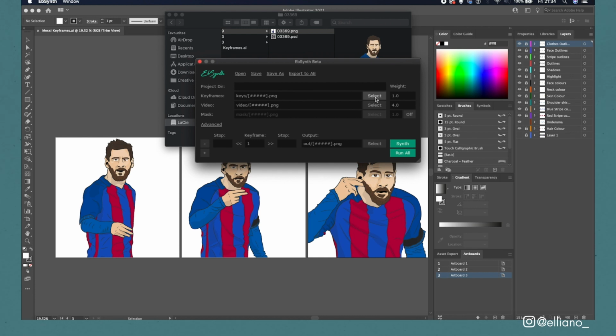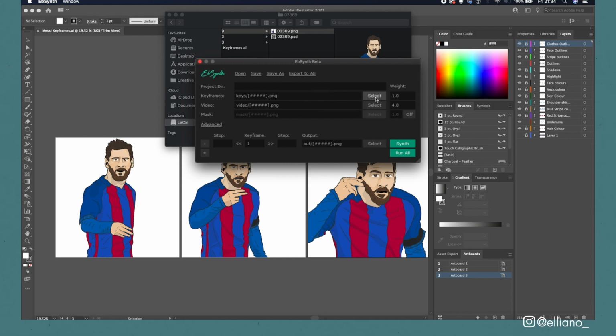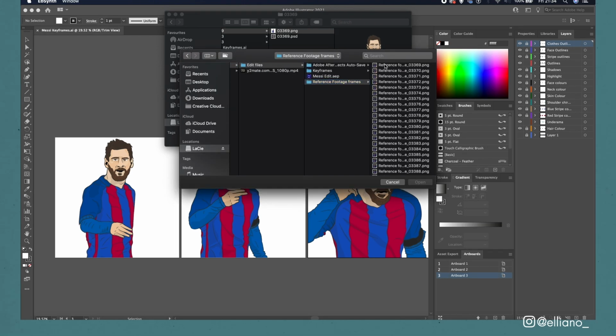When you load up the software, you will see these three tabs, and you need to tell the software which files you want to use to create your animation. Let's start off with the Video tab. Click the Select button, which will open up a Finder window, and select the first image in your Reference Footage